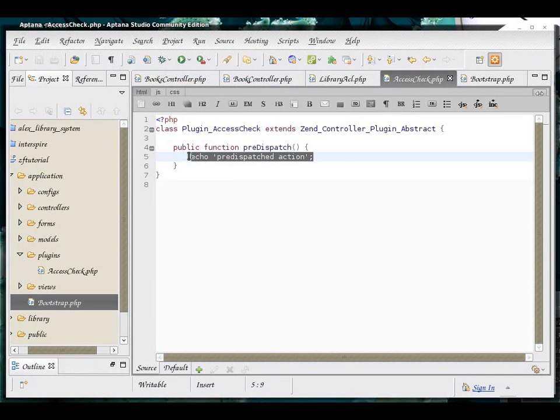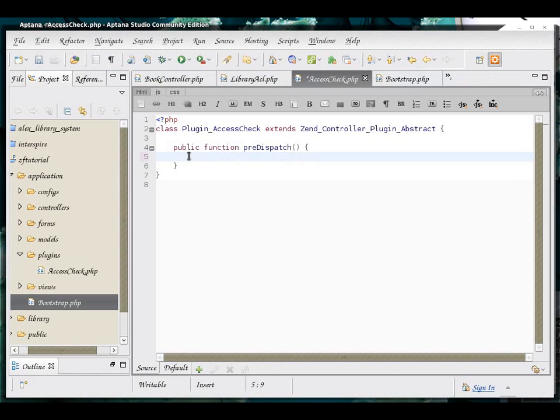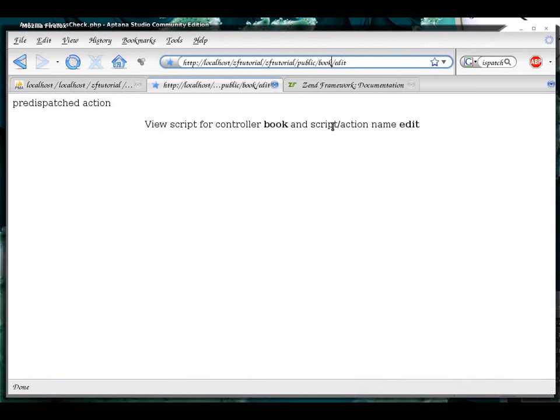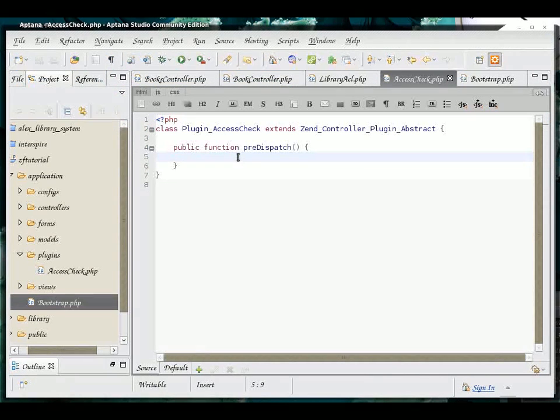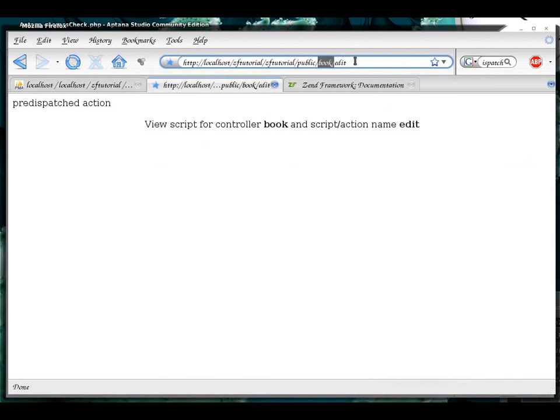So now we're confident that the security checks that we're going to put here will do the job. If the permissions are okay, it will go ahead and activate the controller. If the permissions are not okay, then the application will exit before it will have a chance to do the